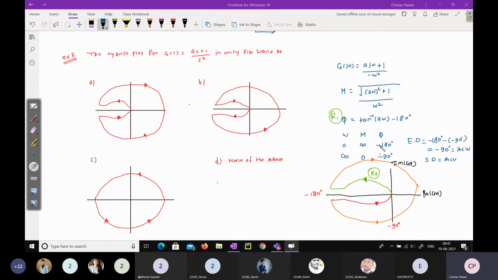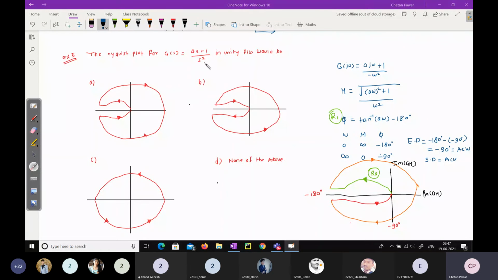You know how to draw the polar plot. When you draw the polar plot, this red color region is the polar plot region, and that will be the mapping of region 1. If there are poles at origin, there will be 4 regions in a Nyquist contour. This red color region will be region 1, the polar plot region, and we know that region 3 gives us the inverse polar plot, so that will be the mirror image of it. We got these two things.